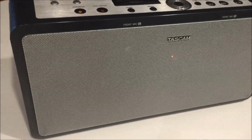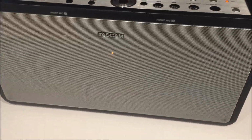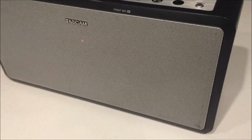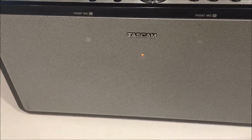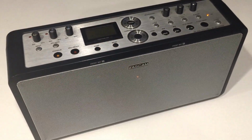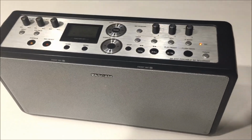For many users, being able to play back your files nice and quickly and loudly, perhaps to a group of people, the speakers make a really handy feature, and they are 10 watts, so reasonably loud, and they never seem to distort under pressure. That's my review of the Tascam BB800, and I know I've basically expressed that it wasn't